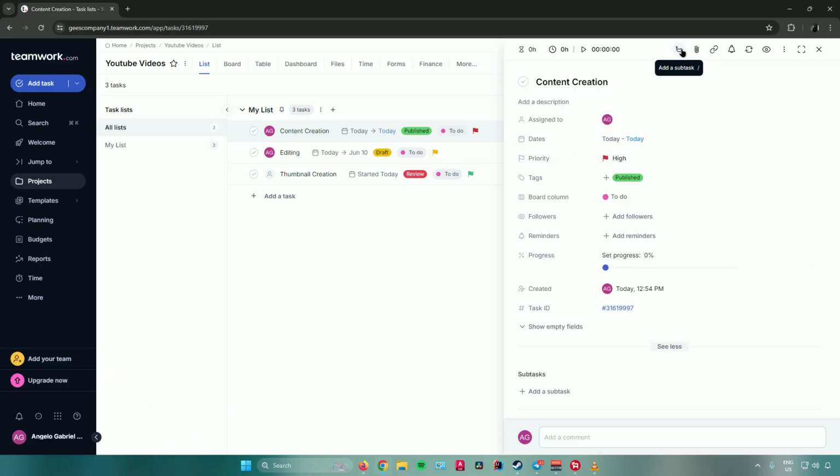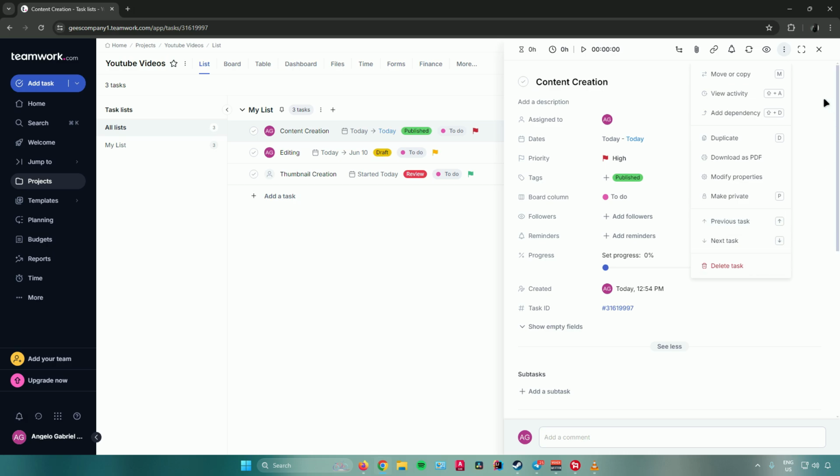Again, we have an add a subtask button right here, attach a file, copy task link, set reminders. You can also set to repeat that task, follow the task, and when you click on these three dots right here that says more options, as you can see, there's also more options that you could choose. So there's a move or copy, view activity, add dependency, duplicate. You can also download it as PDF, modify its properties, make private, and move to the previous or next task,